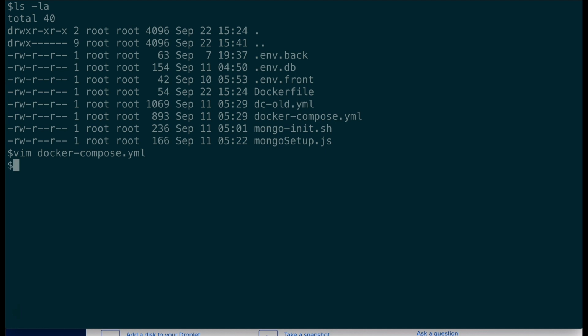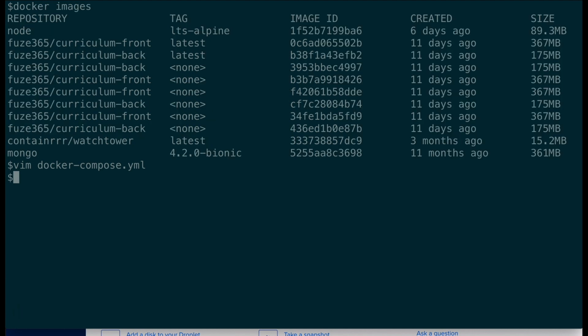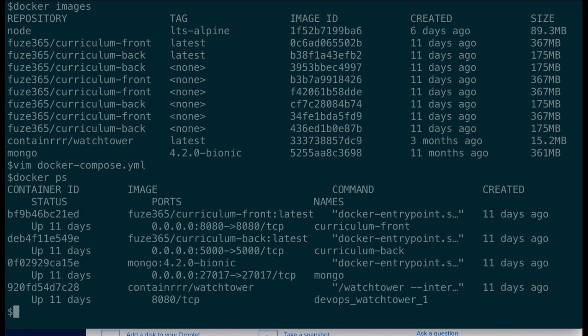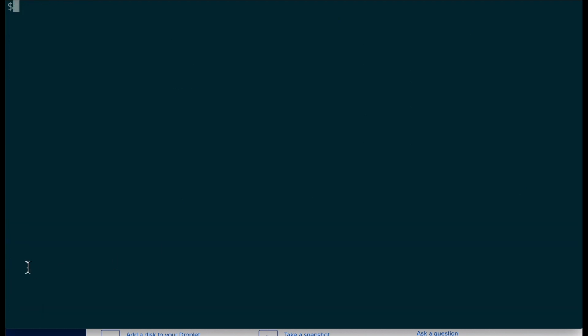spin up into containers. But as you can see when I do docker ps, which stands for process status, it's basically to see my running containers. I already have all of these containers running, so I don't want to run my Docker Compose file with everything already running. So I can actually run a